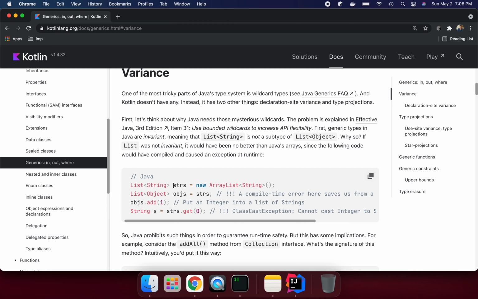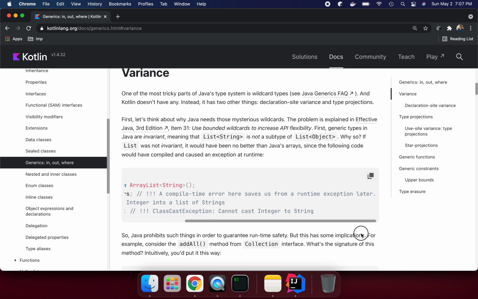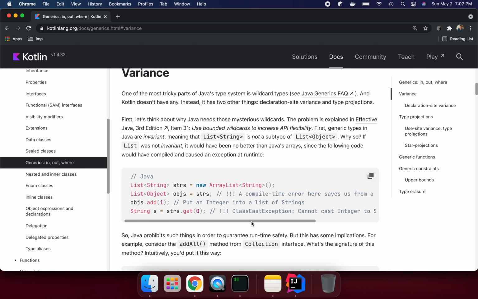So this ArrayList can store the string type. Now we are explicitly saying, please store string type values in the list. If you have a list and you are trying to put another type into it, it gives a compile time error, because it saves us from a runtime exception later. So we are saying, if you want one data type stored in this class, make sure you are storing the correct data type. At runtime you should not put in another thing, and the compiler warns us, hey, you are doing something wrong, so please do not do that.